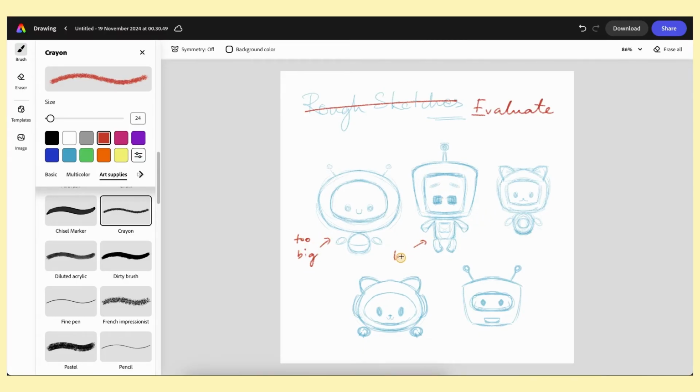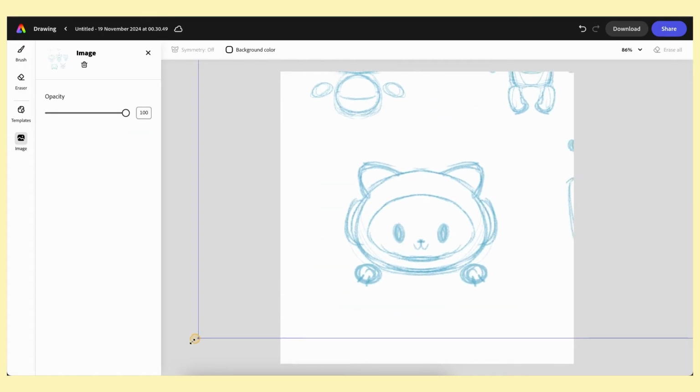The second one, it's looking like a baby and we want a companion or a pet, and this is too simple. But this one is looking much more aligned with the desire we have for our mascot. So let's go with this one.